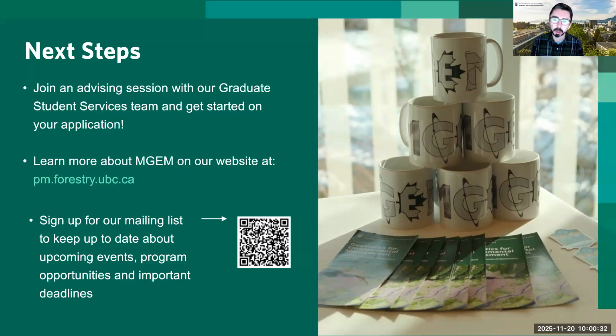And may I ask, Dr. Coops, how many people would typically be in one cohort of the MGEM? Yep, so the program is capped at around 38 people. So that's the size of the cohort. That's great. So this isn't a big program. So as these opportunities come through, it's going to be easy for you to network and connect with those opportunities through the job board, through the alumni network. That's really great. And this next question from Nanette really leads on from that.